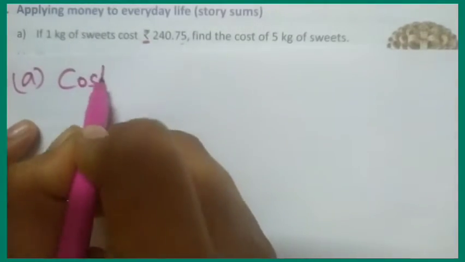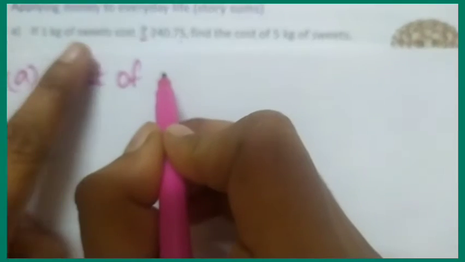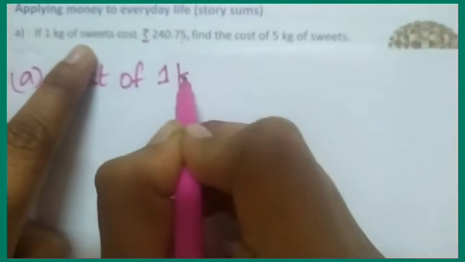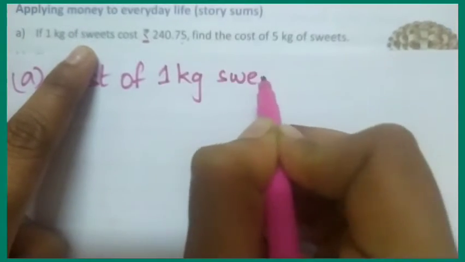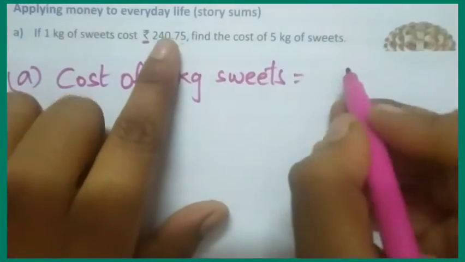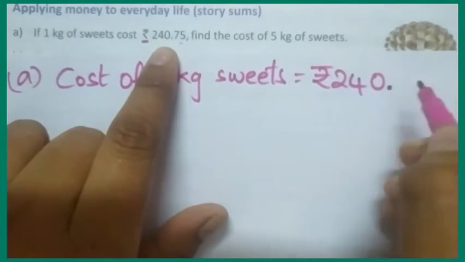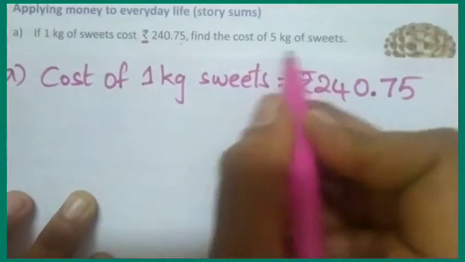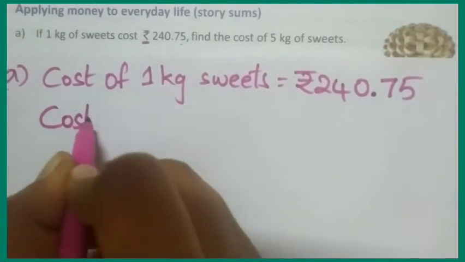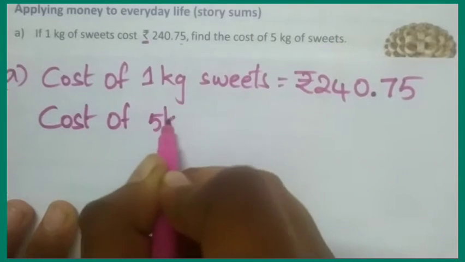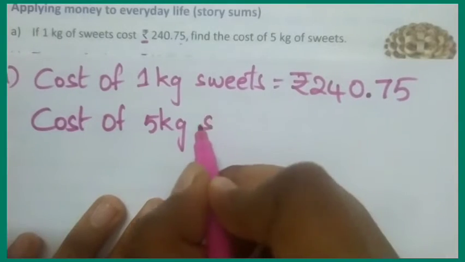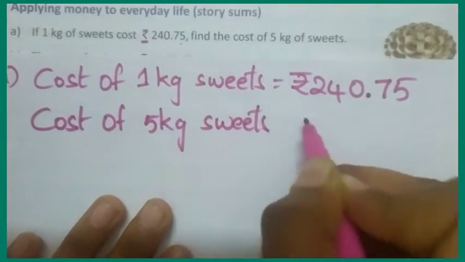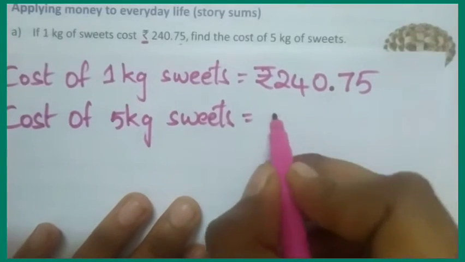First, cost of 1 kg sweets. How much? 240 rupees 75 paise. Now cost of 5 kg sweets, we'll write here